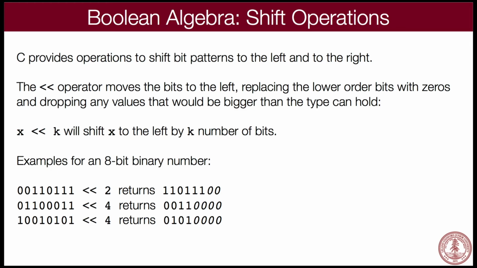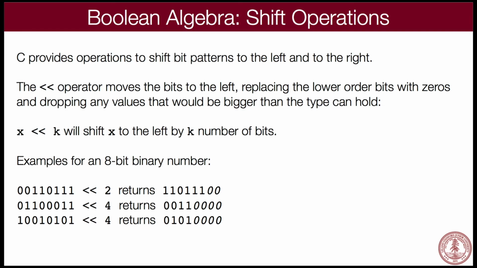Turns out if you shift it again, let's shift it one more again, we would get 1, 1, 0, 0. And without even thinking about it, you should be able to figure out what that is. 12. Right? Because we double it. Shifting by 1 to the left means you're doubling the number. Kind of cool. Shifting to the right by 1, you get half the number, although if it's odd, you're not going to get exactly that. You're going to get the floor of that value, as it turns out.